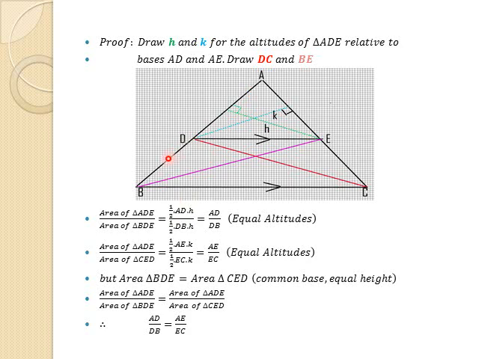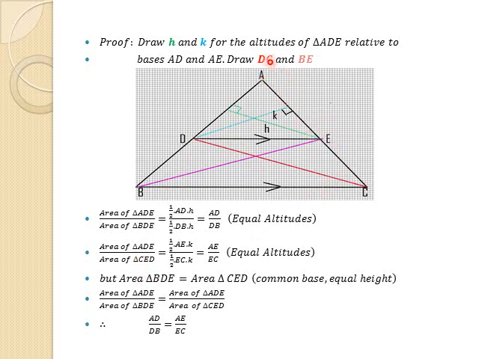AD over DB is on the same side, and there H and H cancel, half and half cancel. So I have AD over DB, and I say equal altitudes. If I do area triangle ADE again, but this time over CED, here my base is CE, therefore for